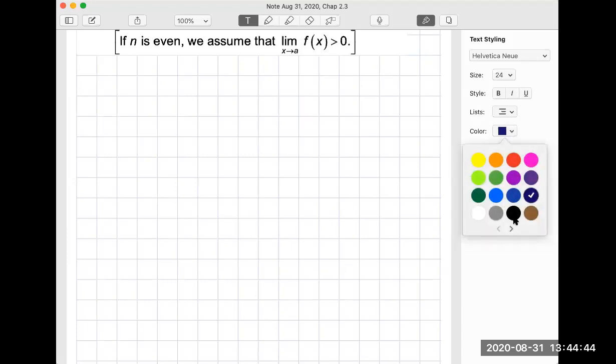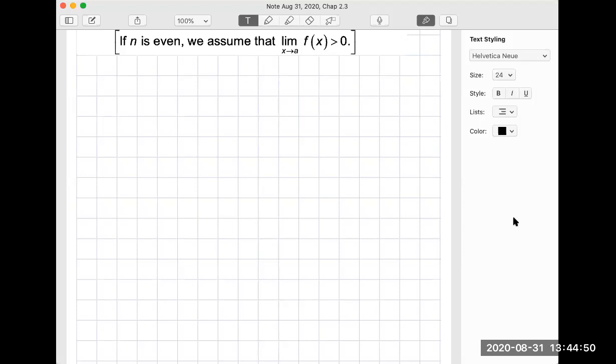Okay. Can you see it clearly on the board? Okay. Very good. So the first example,